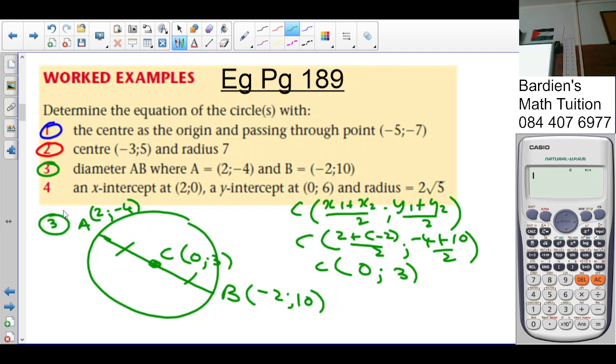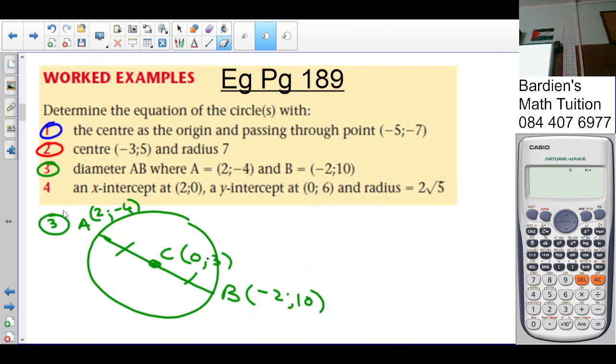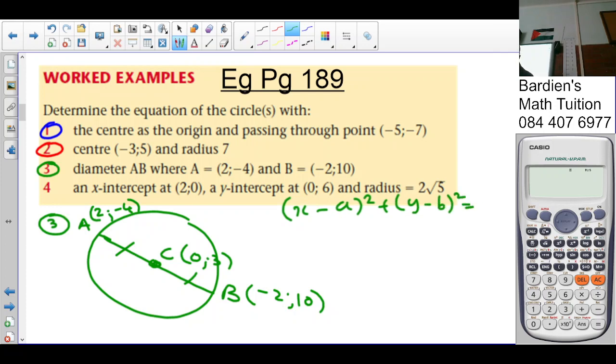So which formula are we going to use? The second one. We use the second formula, which is x minus a squared plus y minus b squared is equal to r squared. So what do I have? This value here is an A and a B, not so? Because that's your center. That will never be an X and a Y for the formula we're using. There will always be the A and the B. So what's the equation going to read now? X minus 0 squared plus y minus 3 squared is equal to